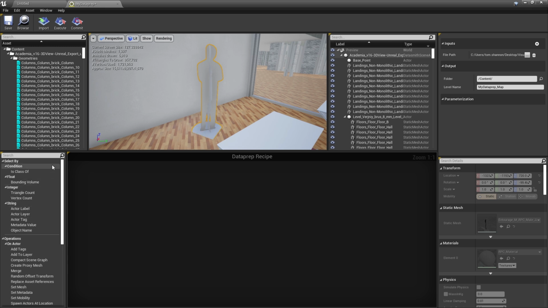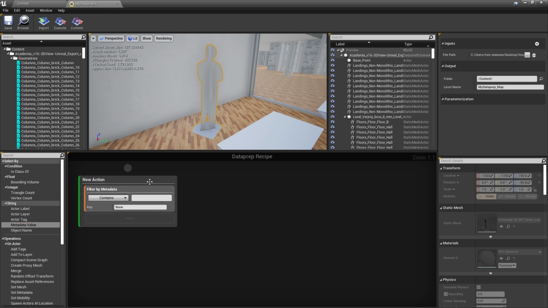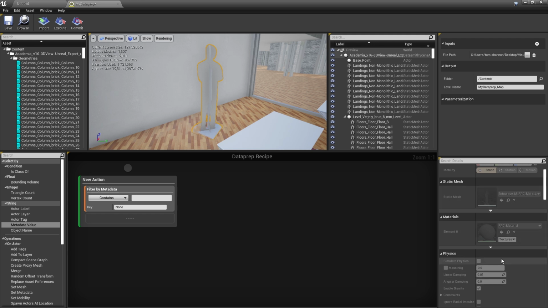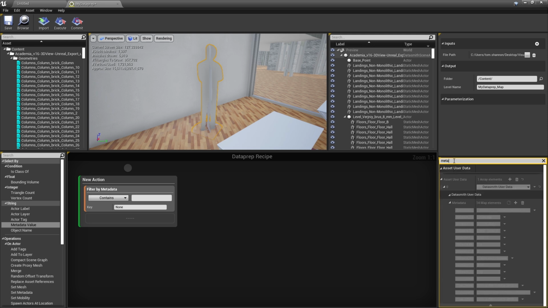We have a lot of ways to filter, but one of the most powerful ones is using the metadata value. So let's go ahead and just drag one over into the data recipe. And as soon as we do, we create our first column here. And here we can filter the metadata of this actor. When we import data from CAD files, we often get this metadata. And to figure out what metadata is in this actor, we can select it. And over here we have our details panel. As you can see, it's much like the details panel of an actor in the editor, but we can't edit anything. Everything's been grayed out. We can just look into it. So we can look and see what metadata is in here.